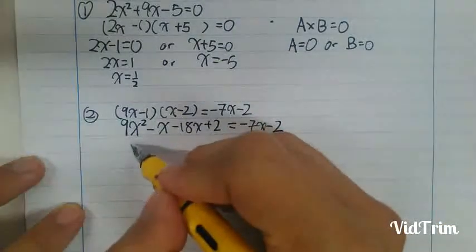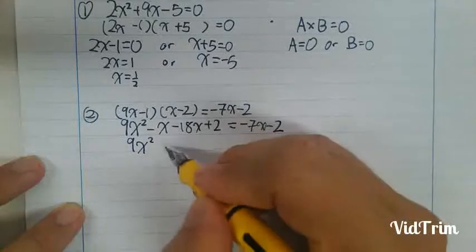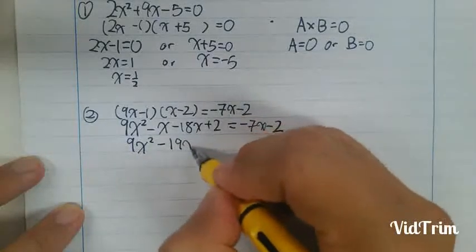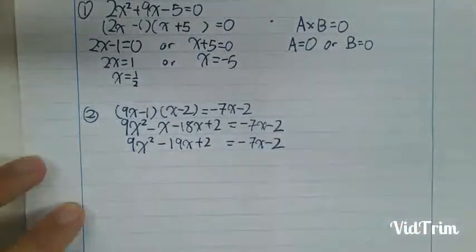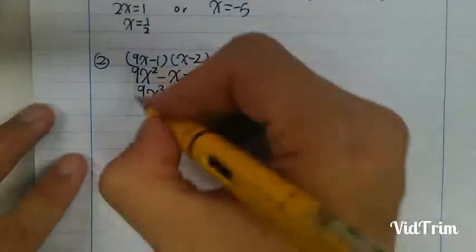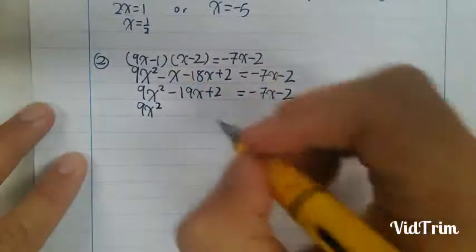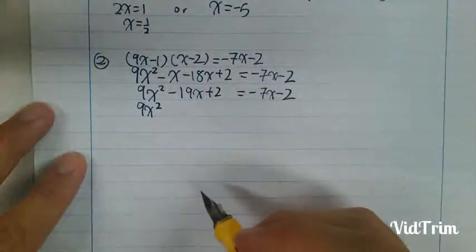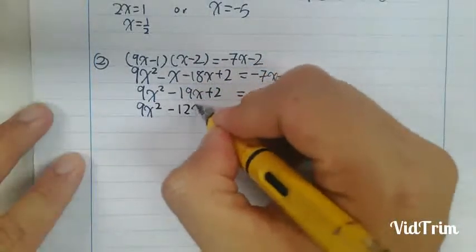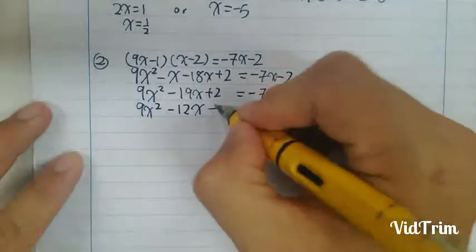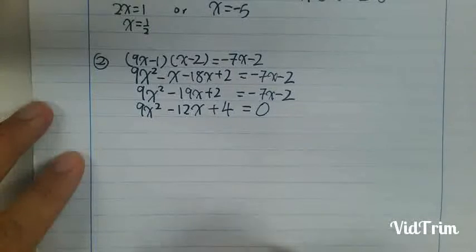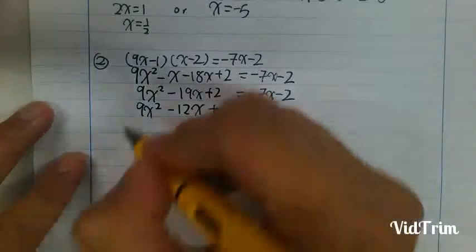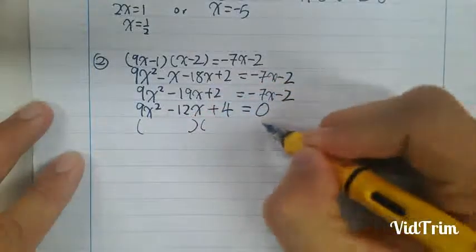I will simplify the left hand side first. 9x squared minus 19x plus 2 equals negative 7x minus 2. Then I will collect all terms on the left hand side. I get negative 19 plus 7 is negative 12x, plus 4 is equal to 0. Now what we can do here is this. We can try to